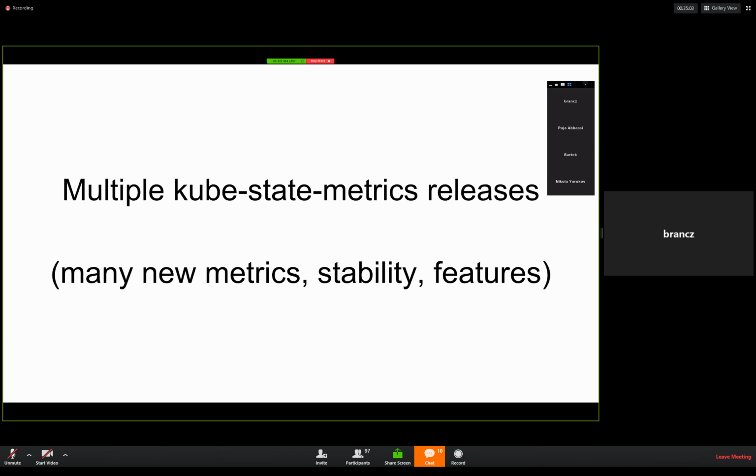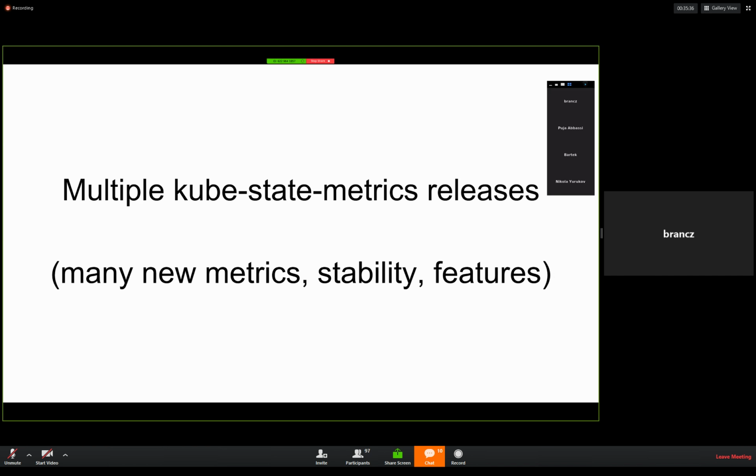As part of SIG instrumentation, we maintain this agent for Kubernetes, which basically converts all Kubernetes objects to metrics. So for example, you have your deployments, and your deployments have a replica in the spec and available replicas in the status. Then kube-state-metrics converts all of those to metrics, and then you can alert on those, graph those, visualize, etc.